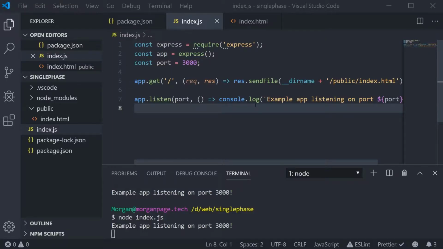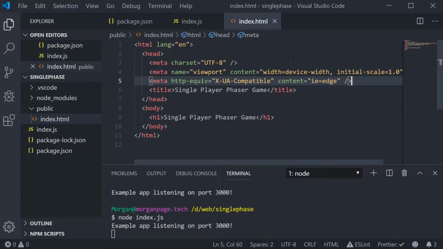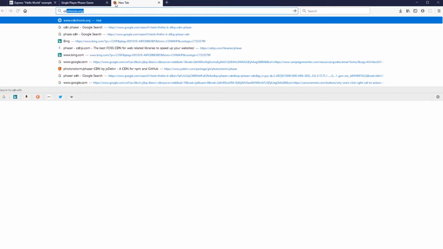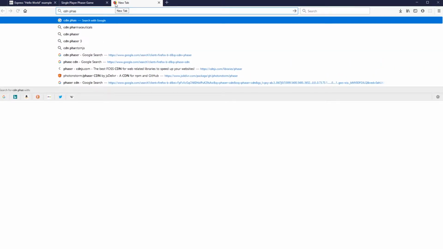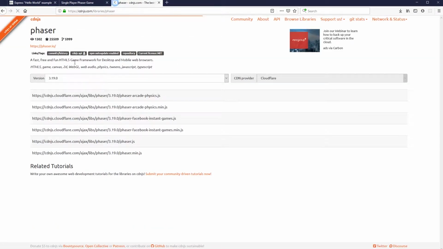So we have our basic HTML page being served up by our Express server, but now we want to start using Phaser. The easiest way to get started with Phaser is to use a CDN, or Content Delivery Network. So if we bring up our browser and search for CDN Phaser, we can choose the top link here, and we have a CDN that's serving up phaser-arcade-physics.min.js, which is the one we want. So if we copy that